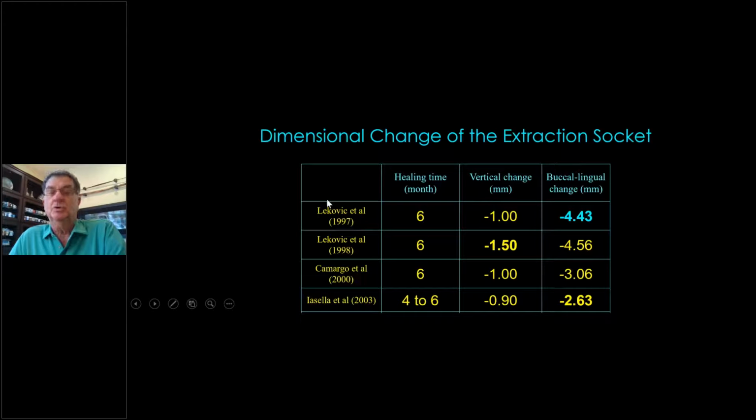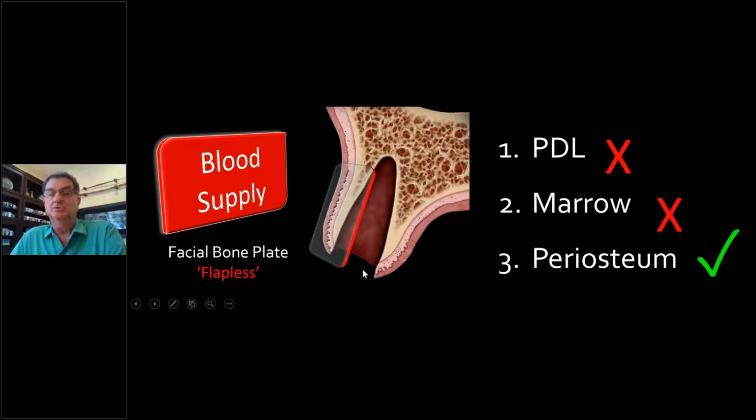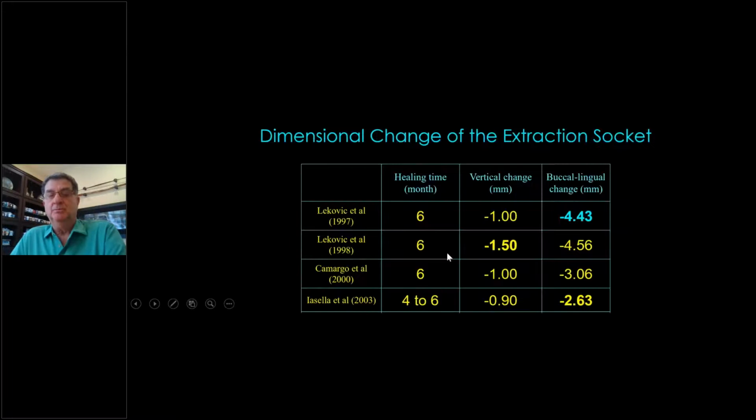This is what turned me off originally to immediate placement. The vertical change in the ridge wasn't so bad height-wise. And why is that? That's because the palatal bone back in here, see, is thicker and holds the ridge up. So that's the key there. So that's what holds the ridge up. But look at this thing.